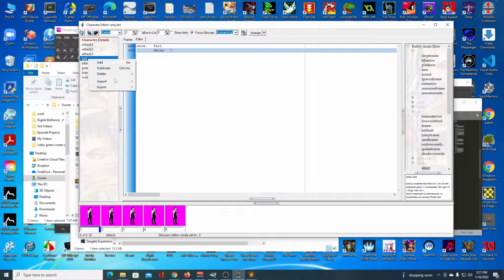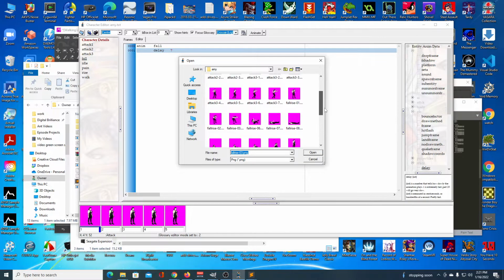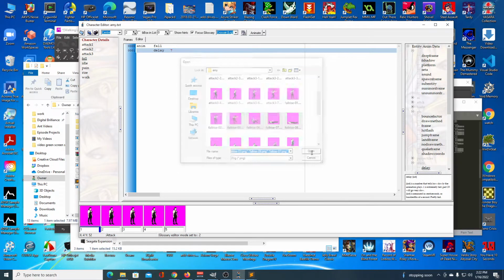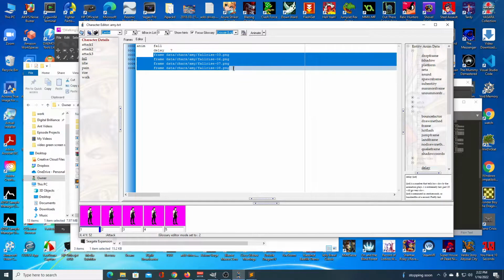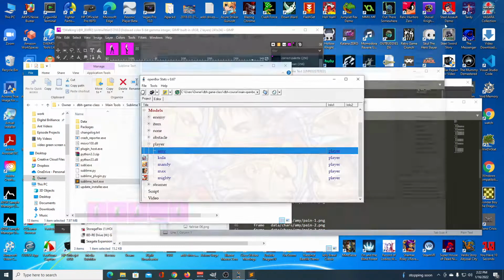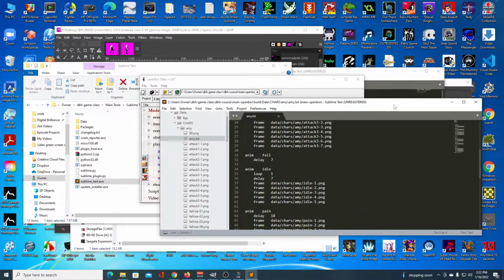I'm gonna right click, import, link files. And we're just gonna do 3, 6, 7, and 8. Open. And since you're trying to be such a bastard, I'm going to Control C to copy, close, come here,